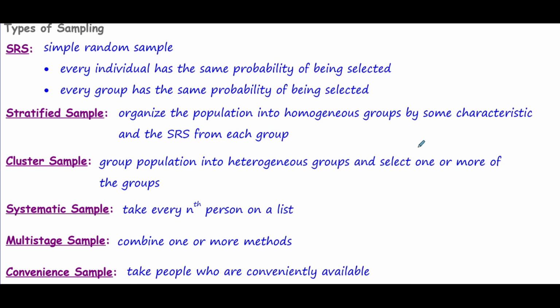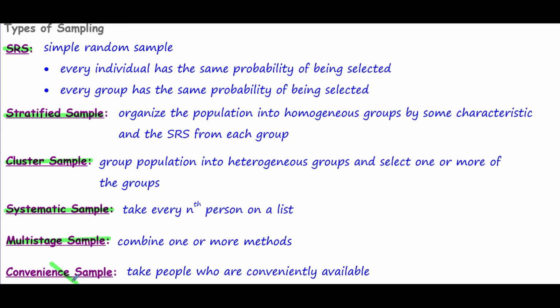Our last method is convenience sampling, and this is where we take people who are conveniently available. If we want to make valid statistical conclusions from our data, then we need to make sure that we're using a sampling technique that is valid. So a simple random sample is valid, a stratified sample, a cluster sample, a systematic sample, and a multi-stage sample are all valid options. We have to pay attention to the situation to see if all of those would be valid in every situation, but those are predominantly considered valid ways to sample that we could then make conclusions from